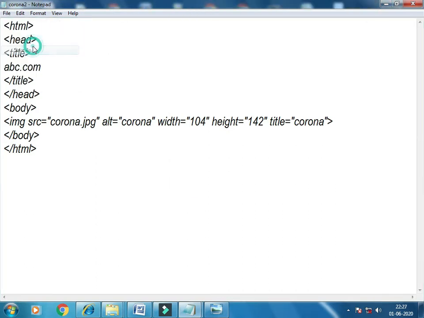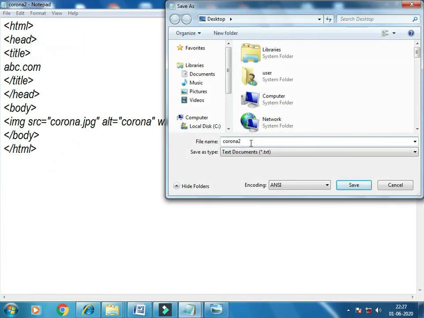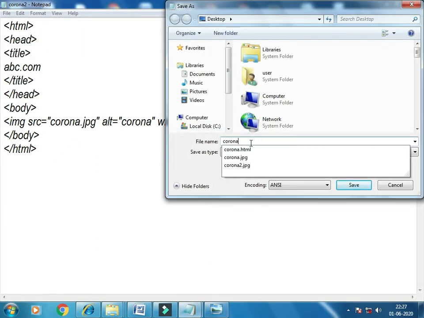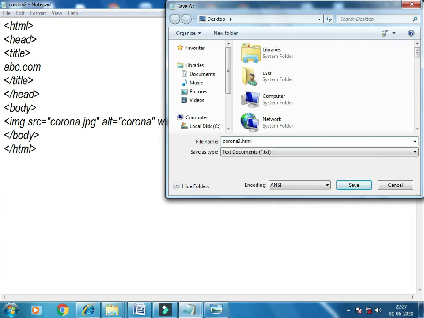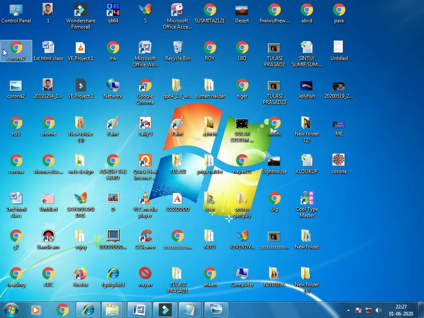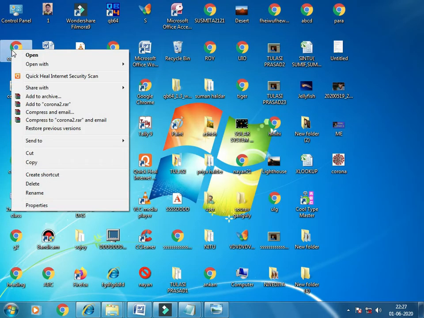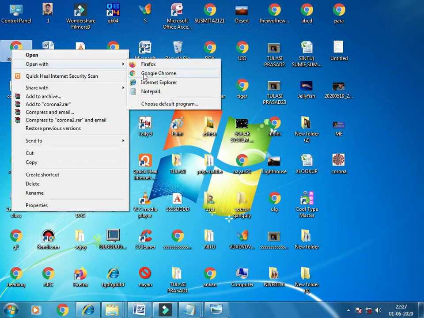Now corona2.html saved. Okay, corona2 here. Open with a browser. I'm using Google Chrome right now.